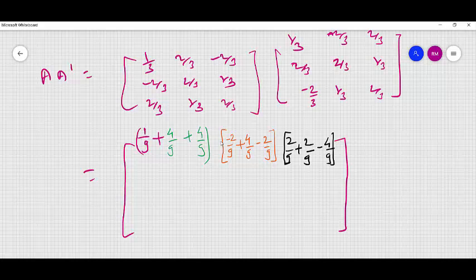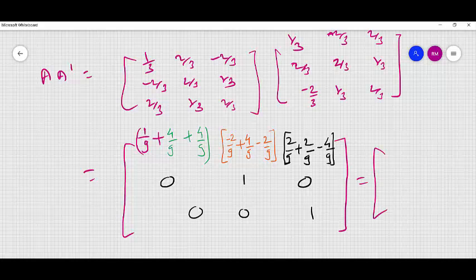So similarly we can calculate, and here we get the entries. Here it will be 0, 1, 0, 0, 0, 1, and after simplifying we get,